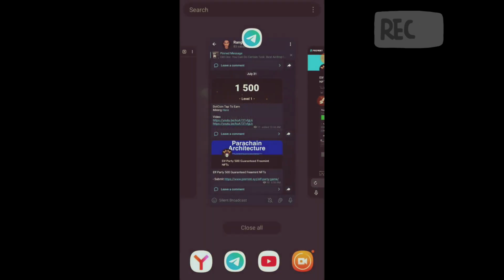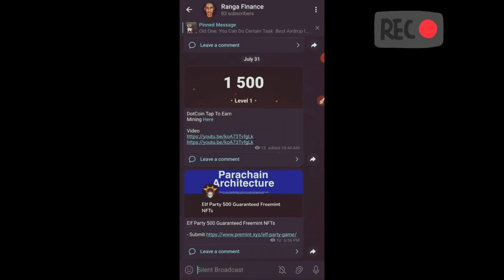Okay, first things first, you need to come into Telegram. How you can join is all in the description box. Check out the description box and click on the title button, and immediately you will have access. You already know how to join and check the description. If you don't, just check out the description box. Anyway, after coming inside of the Telegram, what you will see is my latest